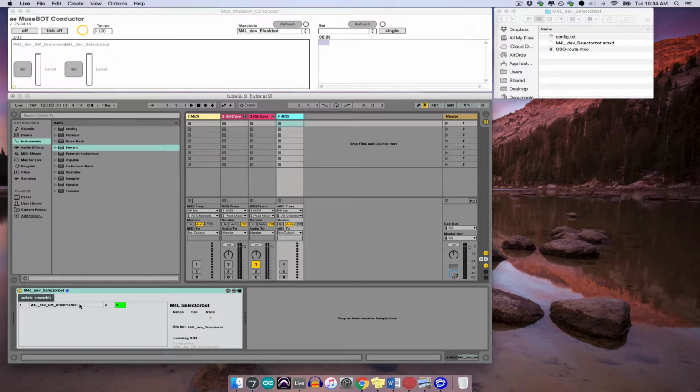Now, to turn the bot on and off, simply click on the name of the bot in the Selectorbot window. To change which synth the bot is playing, first make sure that the monitors in each synth track are set to In, and then in the Selectorbot window, turn the bot on and click the track numbers corresponding to whichever synth you want the bot to send to. So right now my conductor is off, but when I turn that on,